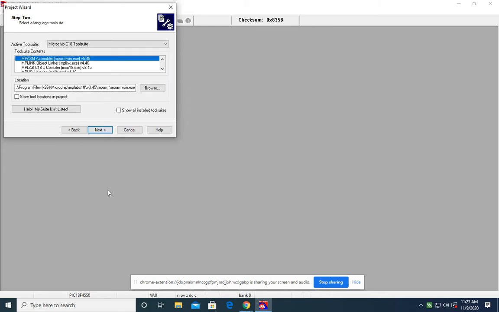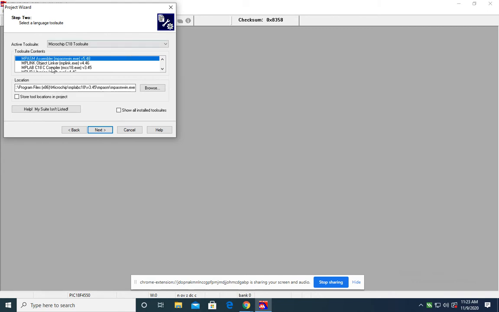After going to the next option, you will observe that the Microchip C18 Toolsuite selection is available for the second step. Because all the programs of PIC18 we are writing in C language, instead of an assembler we will require a compiler for compiling our project, our program written in C language.